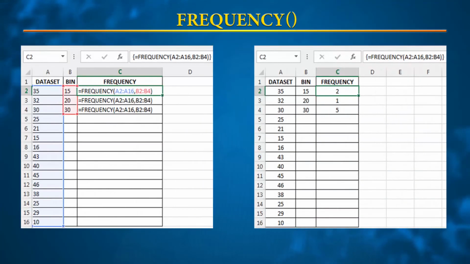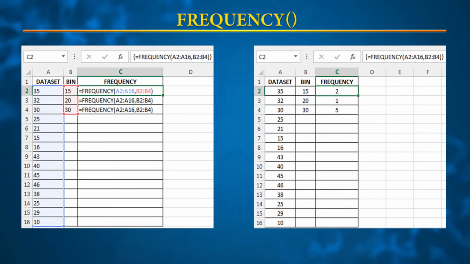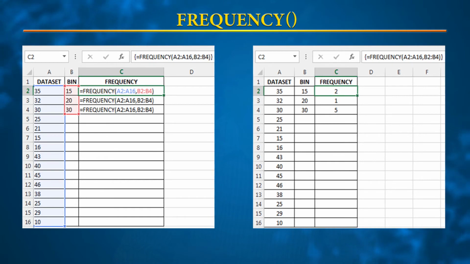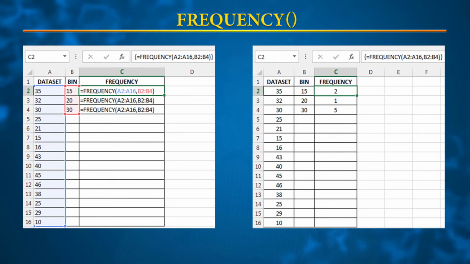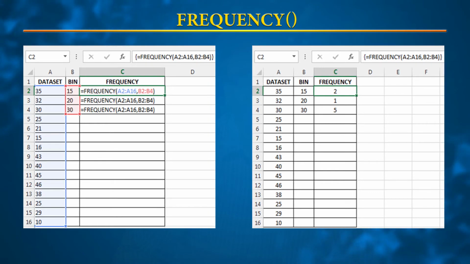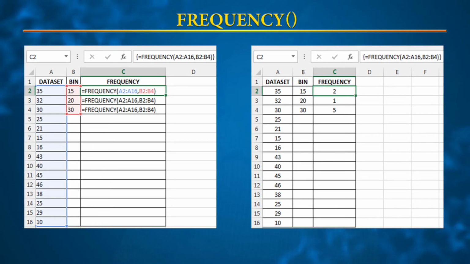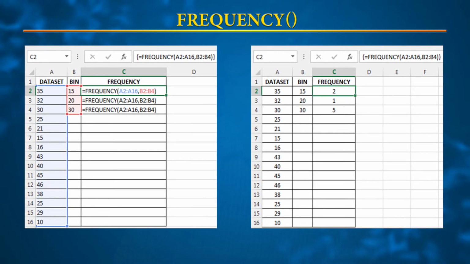Another interesting function is FREQUENCY. It is very much required when we are drawing our histograms, to know the frequency distribution, that is, within a particular class interval, how many values are lying. To solve this problem, Excel has the FREQUENCY formula, and it is an array formula, because we are supposed to work with 2 sets of data. One is the actual data set in which we hunt for the frequency, and the other is the bin data set. The bin part categorizes the class intervals.